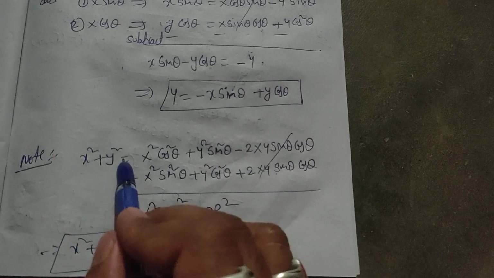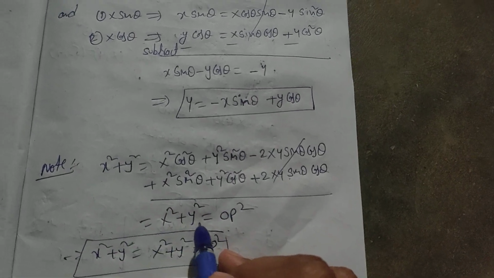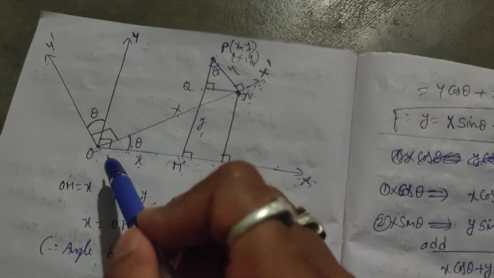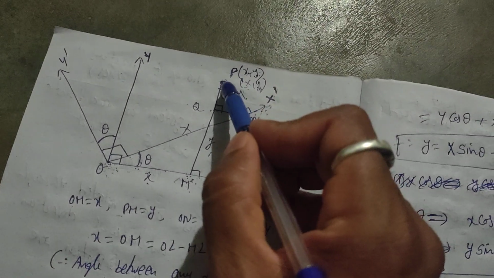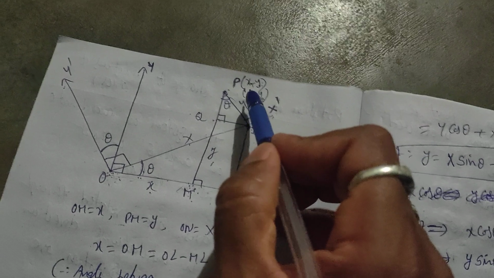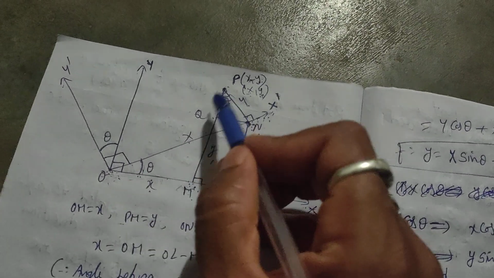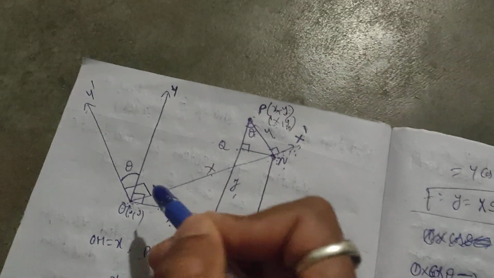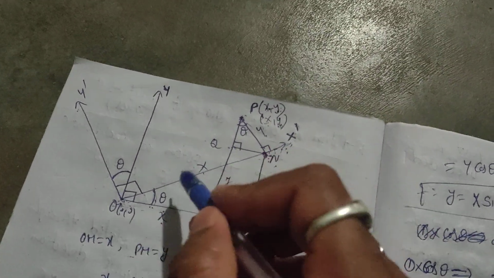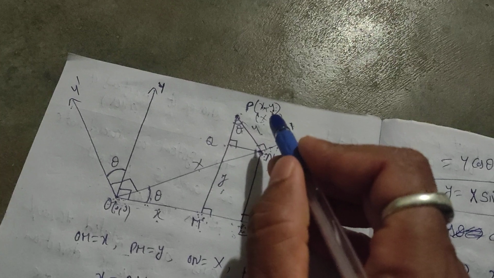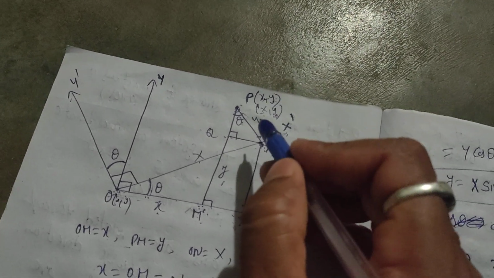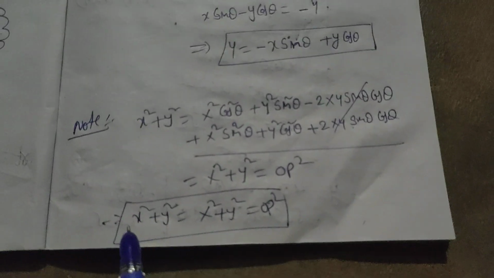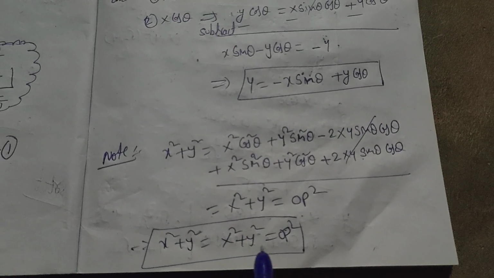So totally we have x square plus y square is equal to capital X square plus capital Y square. This is nothing but the square of the distance from the origin O to the point P (x, y) or (X, Y). Distance from O to P, where O is (0, 0), is root over x square plus y square. So OP square is x square plus y square, or capital X square plus capital Y square. Both are the same here. So x square plus y square is equal to capital X square plus capital Y square, which is equal to OP square.